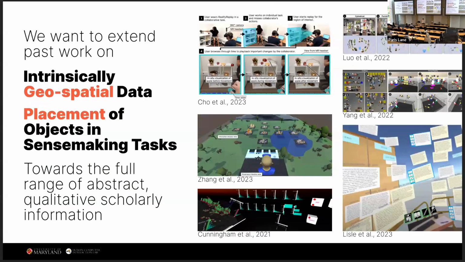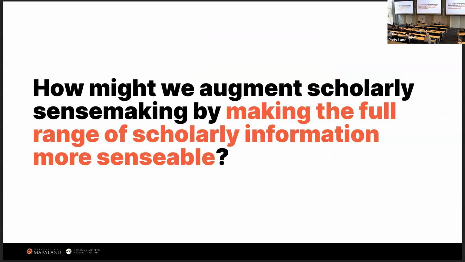However, current research on immersive sensemaking mostly focuses on geospatial data or just the placement of virtual objects in the sensemaking tasks. But how might we augment sensemaking by making the full range of the scholarly information more sensible in immersive environments, especially those abstract concepts and theories?